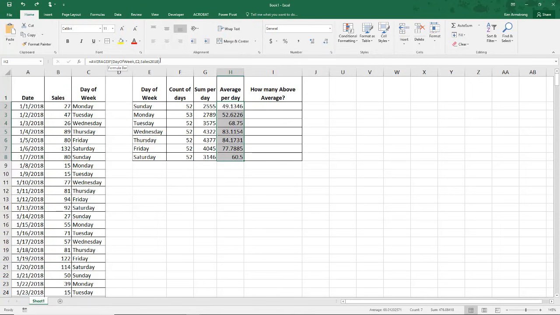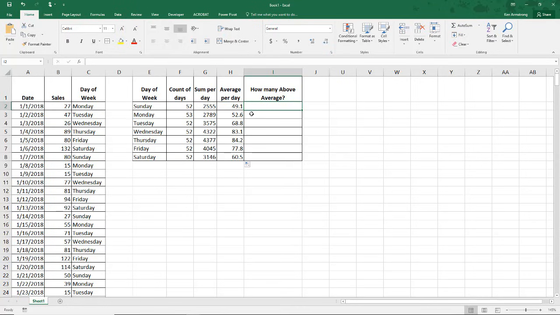So if I want this number calculated by this average if to be rounded to the nearest tenth, I can click on that, and out here in front of it, I'm going to put the word round, and I'm going to wrap this average function in a round function. Now I just come here to the end. See, I'm still in my round function. It's treating this average if calculation as just a number, which it is. Now if I hit the comma, number of digits, I want to round it to the nearest one decimal place. Close my parentheses, and we're good to go. Copy that down. Ta-da!